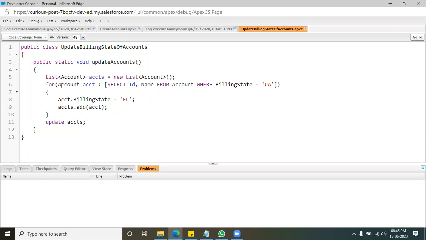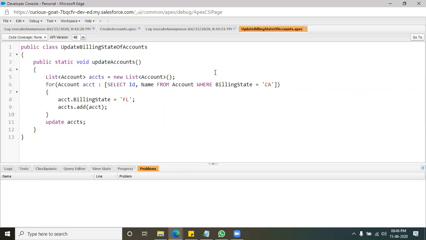Here I use a for each loop, and inside that I have updated billing state as FL, then I added to this list, and finally I updated the list. So what you are doing is select Id, Name from Account where. Suppose if I ask you to dynamically pass the value, you will do anyway. That is fine.